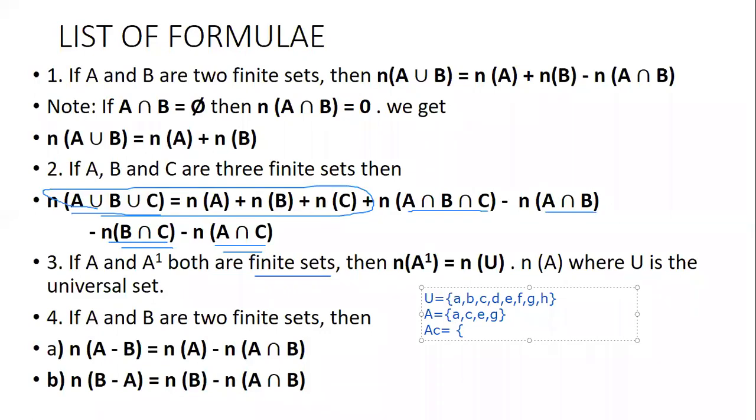B, D, F, H. E will not come. Imran, E is not considered. No, E will not come. See, B, C is already there, D, E is already there, F, and then we have G is considered, H. So this is A complement. Now,